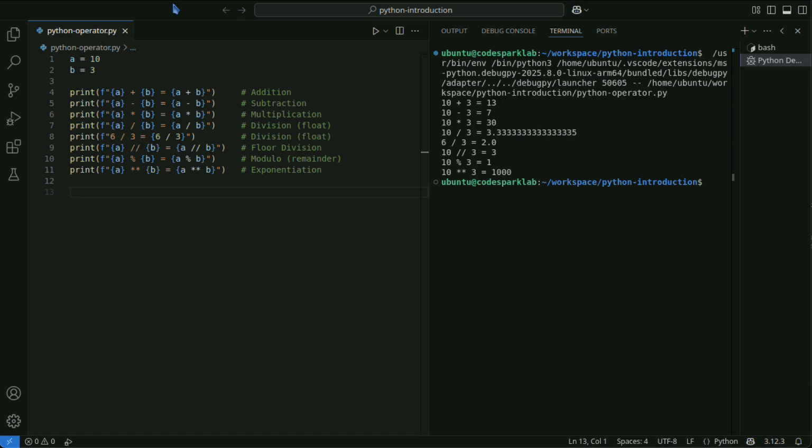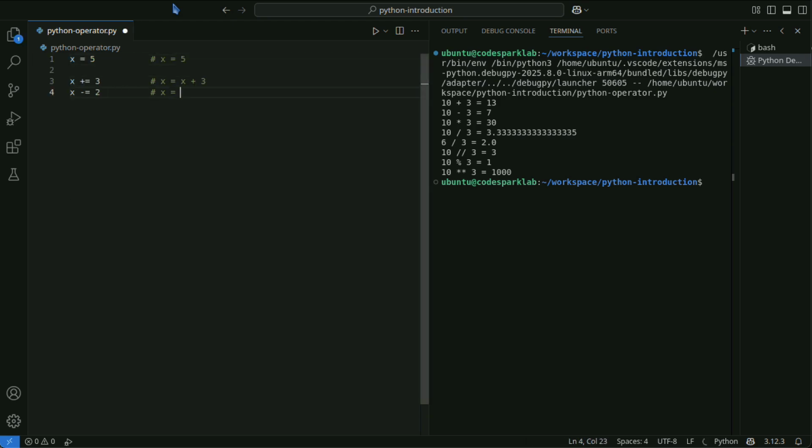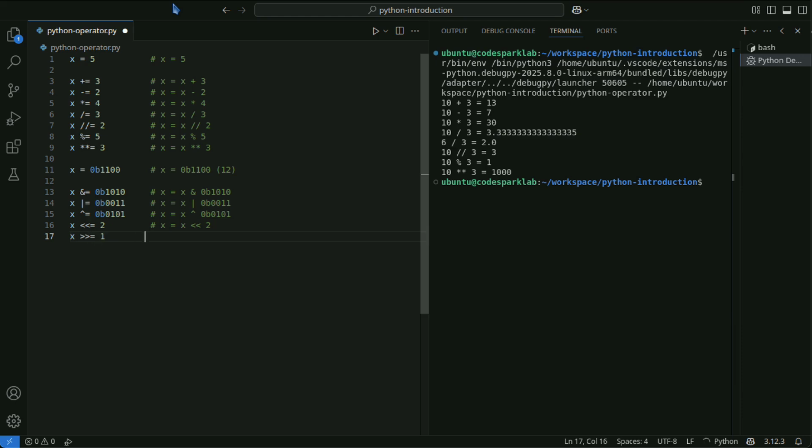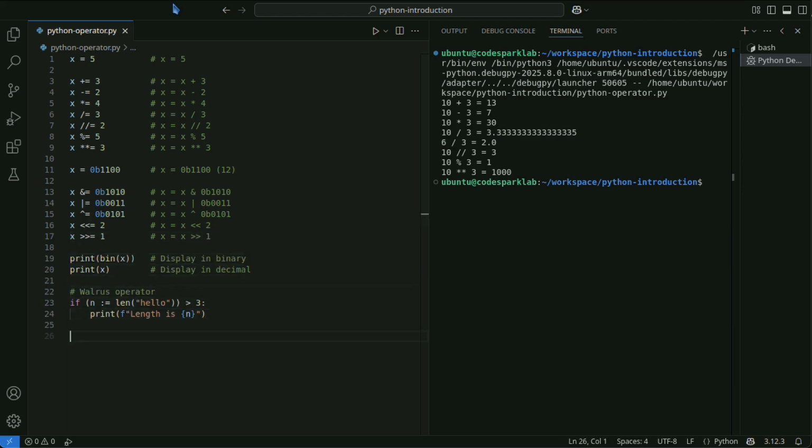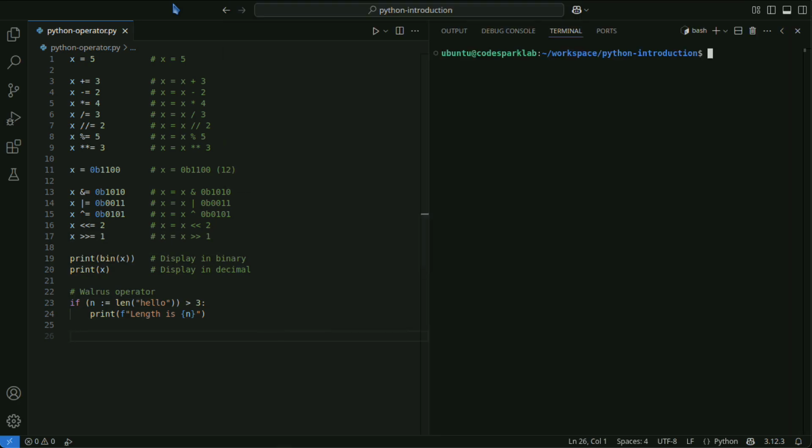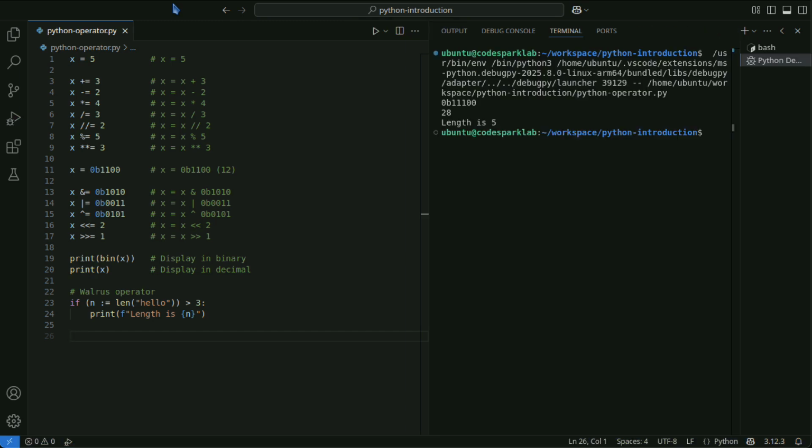Assignment operators are used to assign values to variables. Assignment operators allow combining standard assignment with various operators to assign the result.